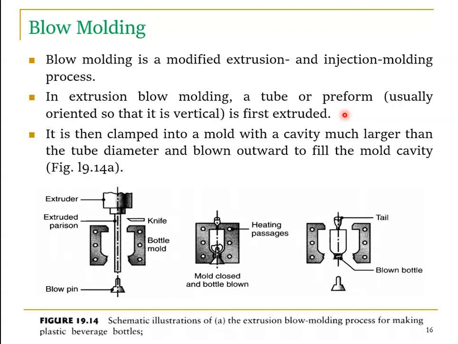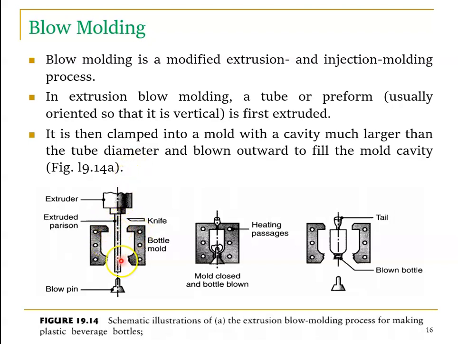So here, extrusion means air acts as the extrusion media. Injection molding means we have a die, right? So die and opening. In extrusion blow molding, a tube or preform is first extruded. We have an extruder. The material is extruded as a preform or rod,